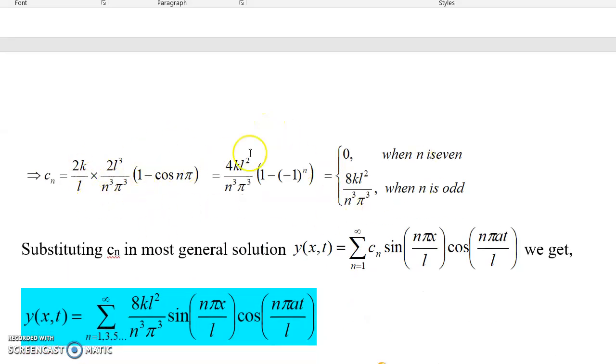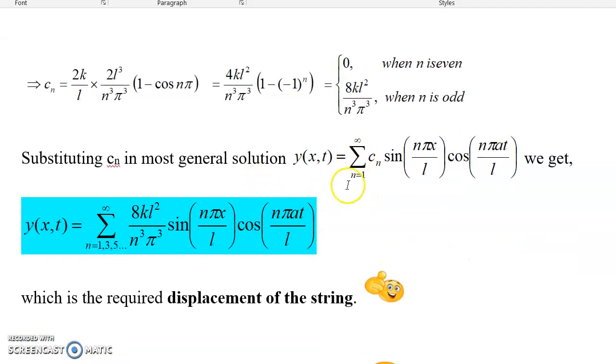In this answer of Cn finally, you will have 1 minus minus 1 power n. So whenever you have like this, you have to segregate. So this you have to substitute in the